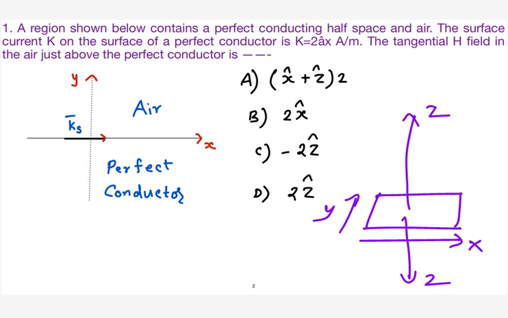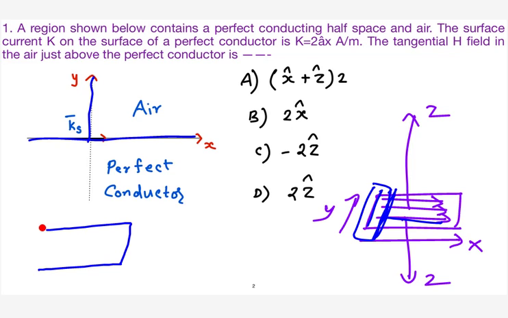Okay, in that case, if the current is flowing in the x direction, do you remember when I was calculating the magnetic field intensity, in which direction I had considered the loop there? I considered a loop in the y direction because the magnetic field is there in the y direction only. So it is very simple. When you have any sheet, if the current is flowing in the x direction, the magnetic field will be in the other direction. Similarly, in this case also, the perpendicular direction is y. So whatever the interface is, it is nothing but your xz plane.